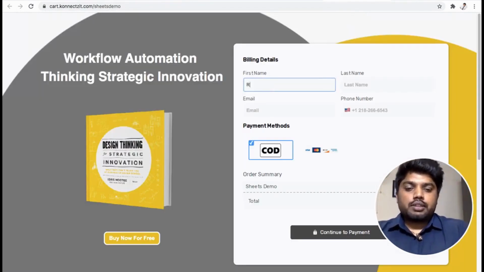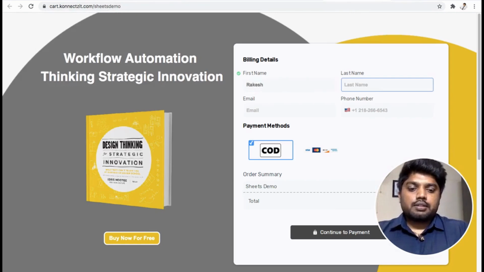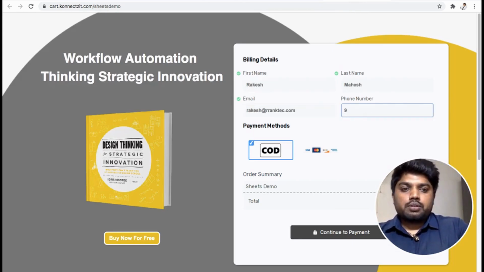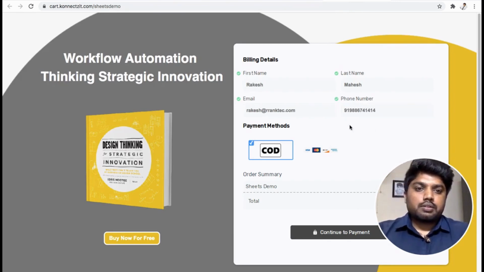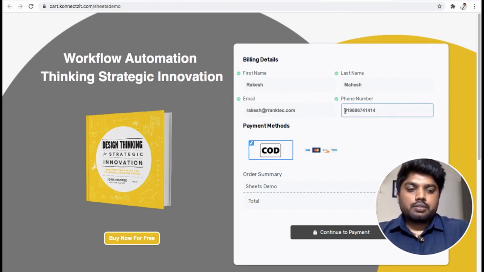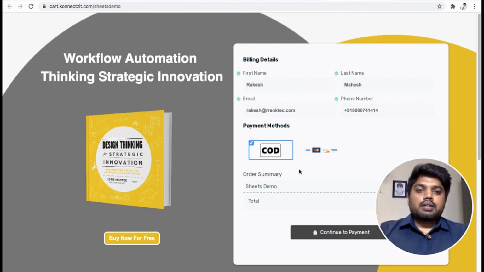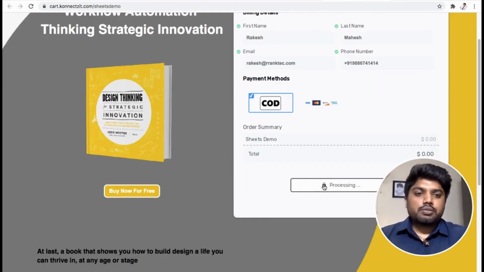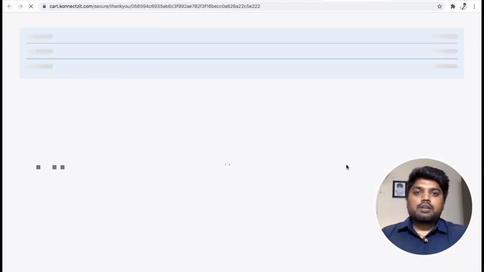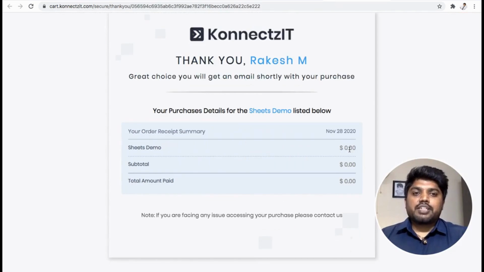I'm going to enter all these details, providing my email ID and the phone number, and I'll select cash on delivery. Yes, my sale is completed.